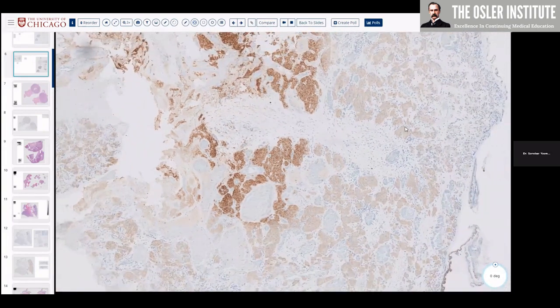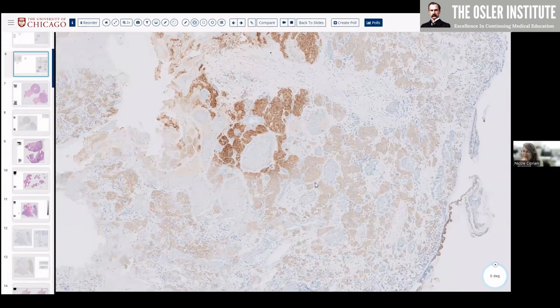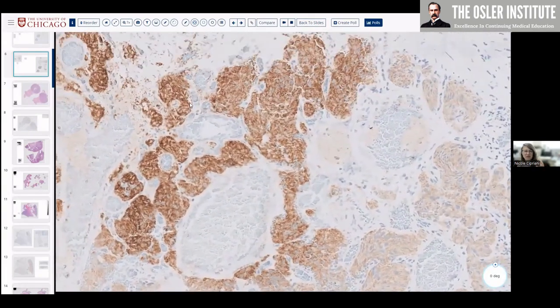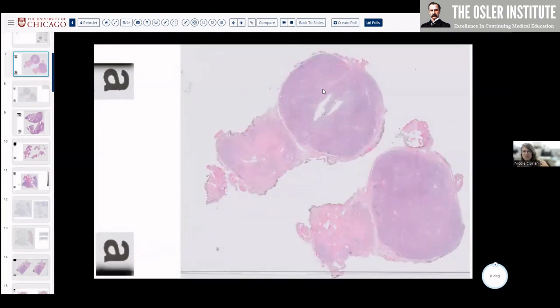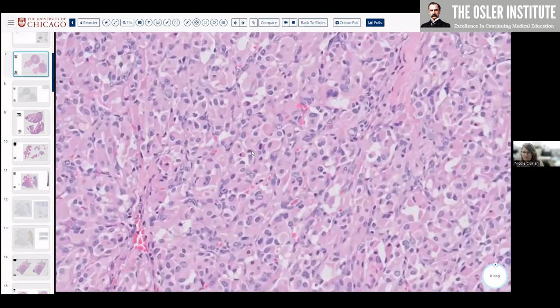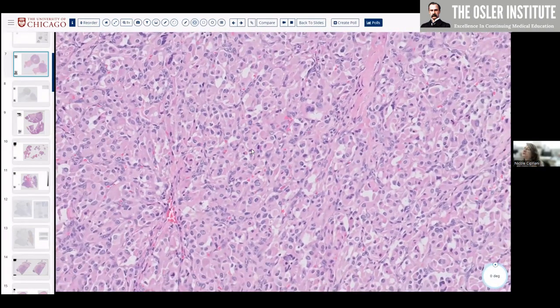Yeah, so we think about familial paragangliomas being related to mutations in the succinate dehydrogenase gene. And so this kind of relates to the next point, which is this is a paraganglioma, right, of the